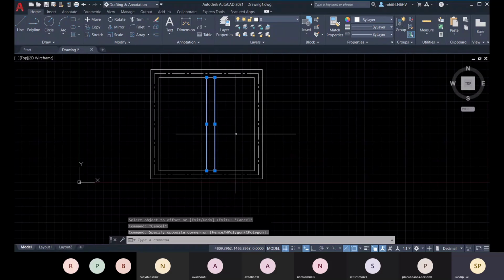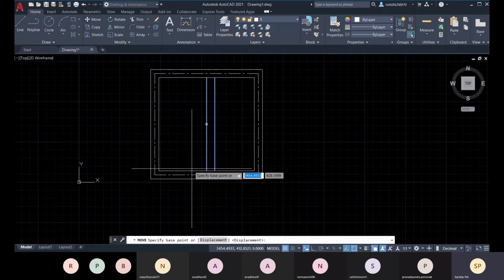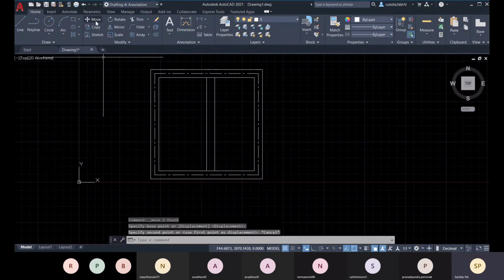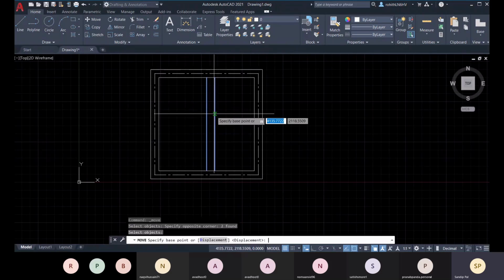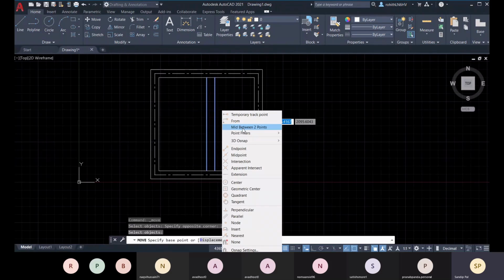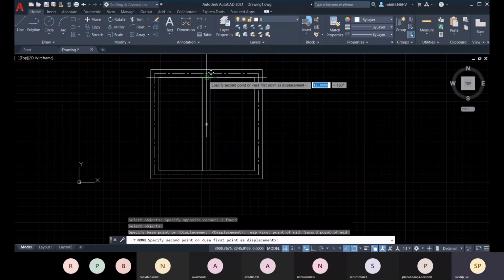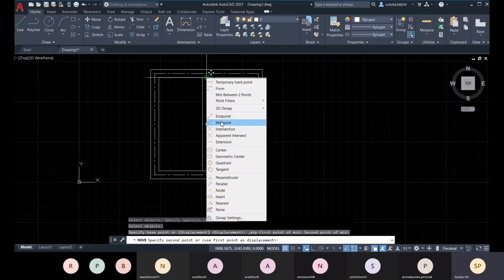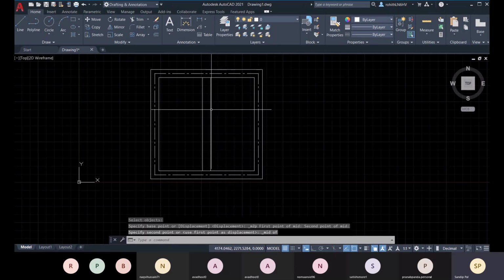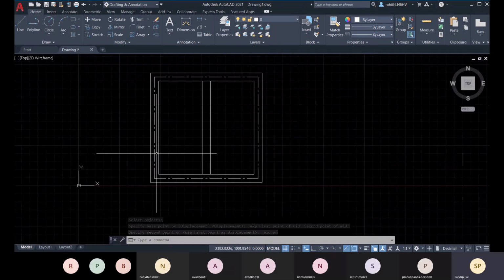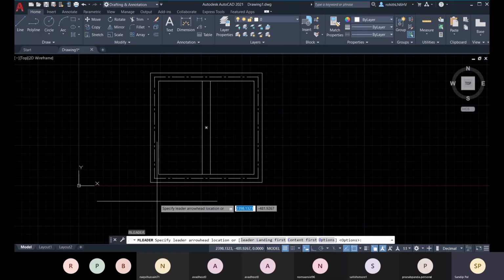Right, let me move them. Go for move, midpoint. Now what I need to place is the grid. My grid lines will be placed with multi-leader. Let's go for it.